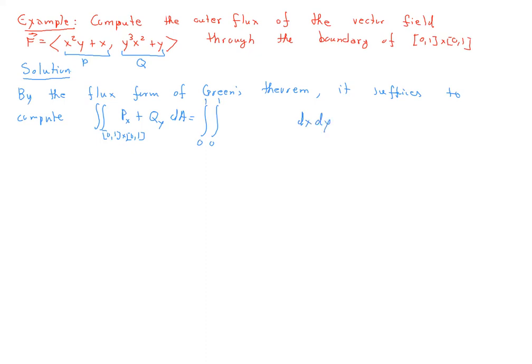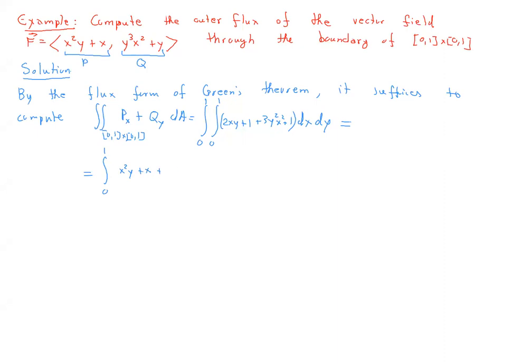And what is the divergence here? So differentiate P with respect to x, and that will give you 2xy plus 1. Differentiate Q with respect to y, and that will give you 3y squared x squared plus 1. And now you need to integrate this whole thing. This is a very, very simple integration. Anyhow, let's do it in stages. So let's integrate first with respect to x. So that will give us x squared y plus x